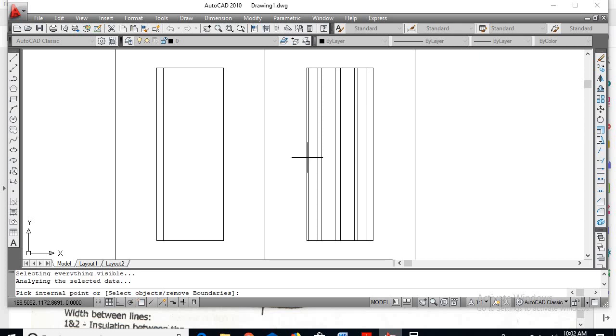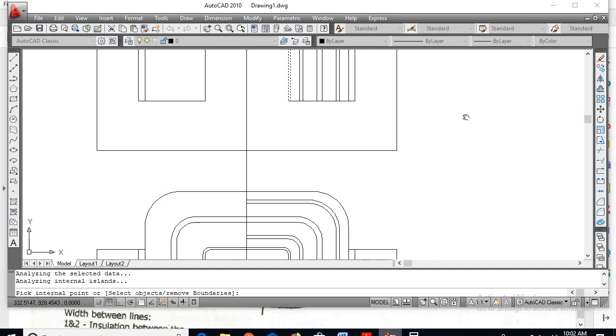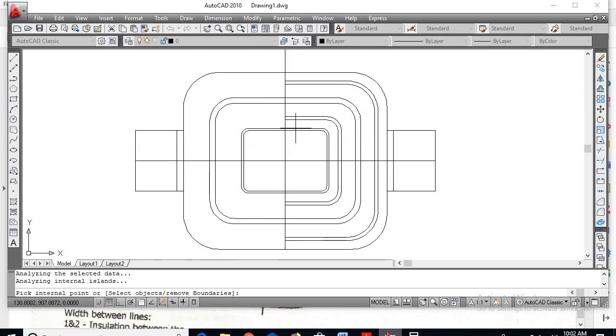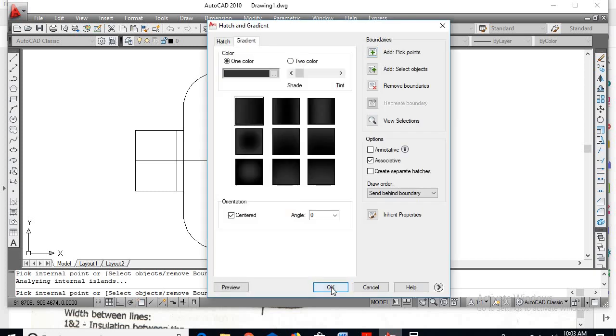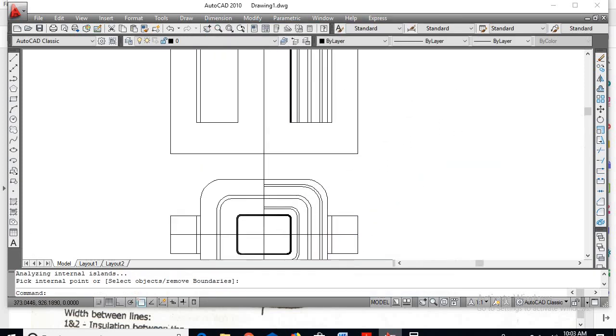So just pick here, and similarly we'll pick here is the insulation where we have to show. Enter, say OK. This is the insulation part.